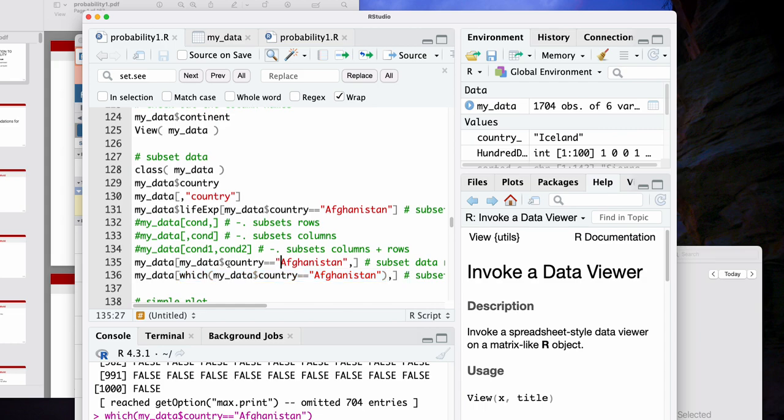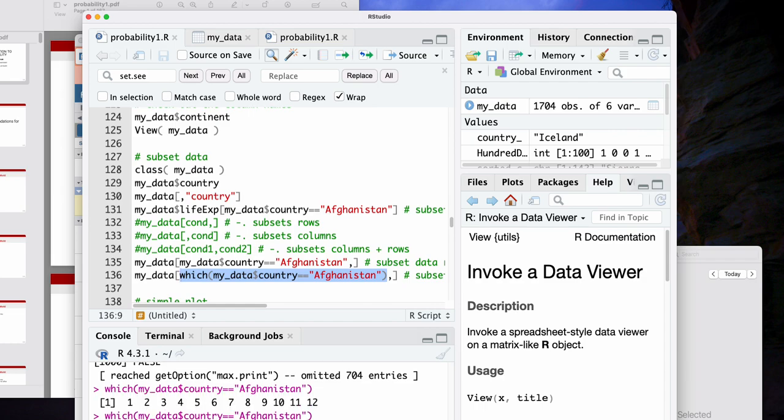True. Good. Very good. That makes sense. And then the which, that's what this is doing here. And then what's the which doing on top of that? Well, what the which is doing on top of that is basically saying we have those trues at the beginning, and which returns the indices of where there's a true value. So that's why we have 1 through 12.